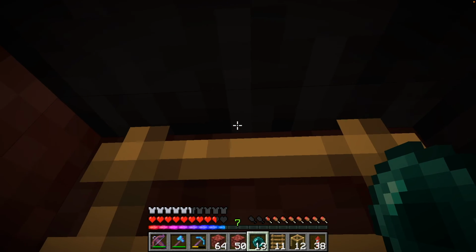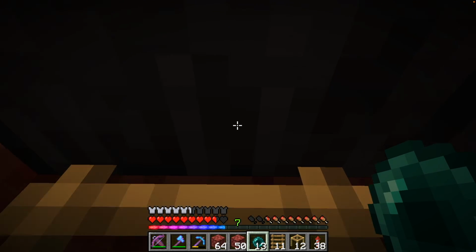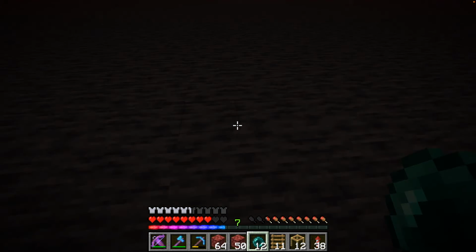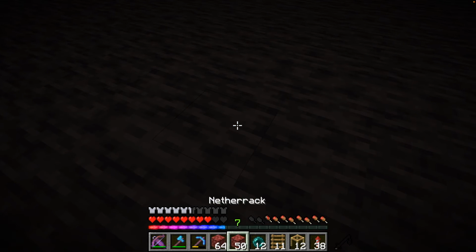So what I actually need to do is attempt to climb this ladder, and then I should be able to just throw an ender pearl right here. And there we go. We are above the nether. Oh, hey, look. Mushrooms. That's fun. Okay, so now that we're here,